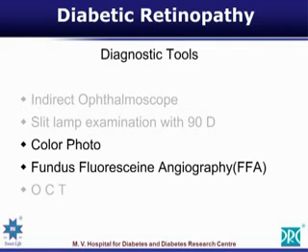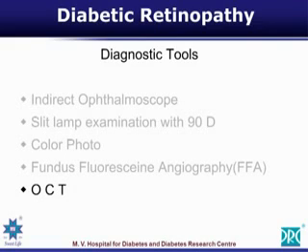The color photograph which you saw about a couple of slides earlier is taken by a special camera known as a fundus camera. And when you add on a fluorescein dye injection onto the patient and we're taking a series of black and white pictures, we do the fundus fluorescein angiographic examination. One of the most important evaluations that has now come into the market is the OCT, which gives a microscopic evaluation of the retina, the various layers of the retina, the edema in the retina. All these things are found out with this OCT.